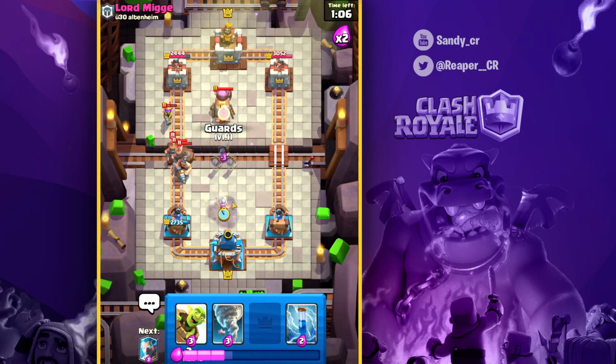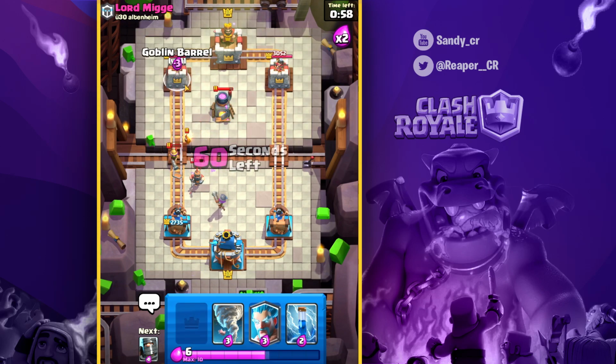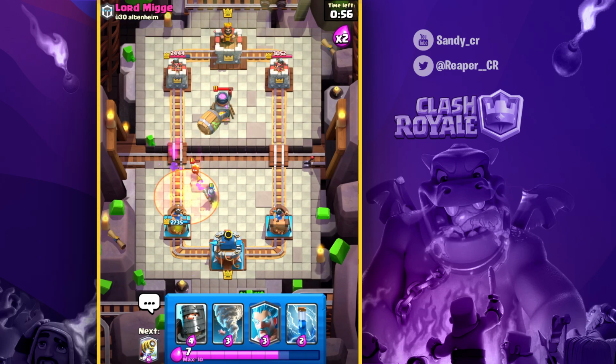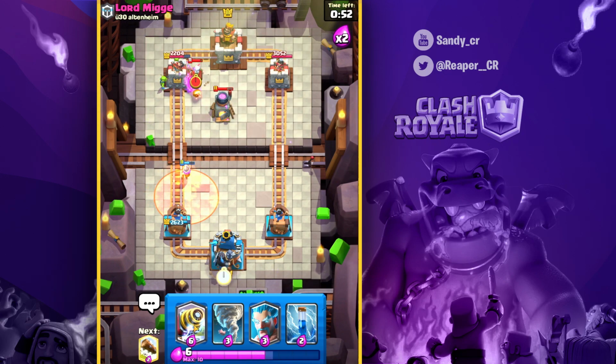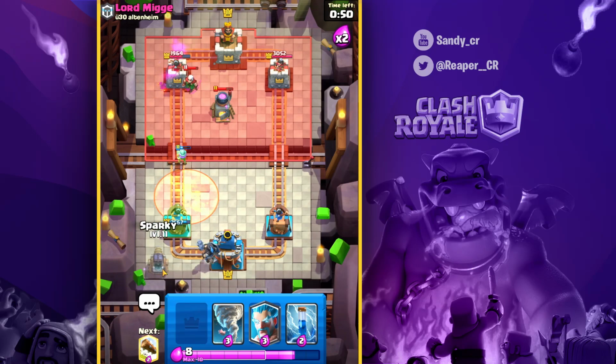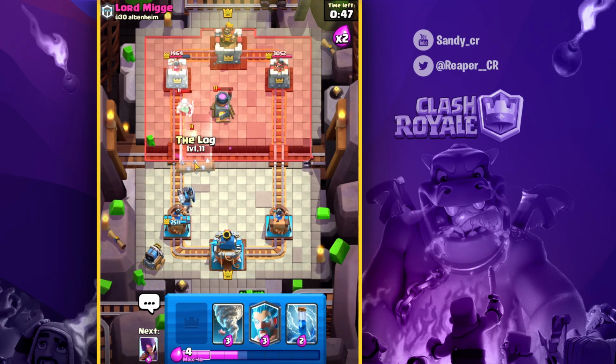So yeah, I think I can just counter it easily with Musky and Guards. Guards are really strong on defense, and Musky is also really strong. If you keep her alive, she can give you a lot of value. Okay, he used Poison here. Our Barrel is getting a lot of damage, and Musketeer also got that shot onto the furnace,